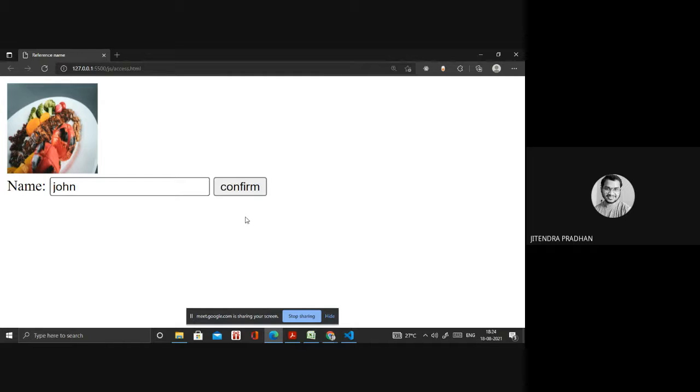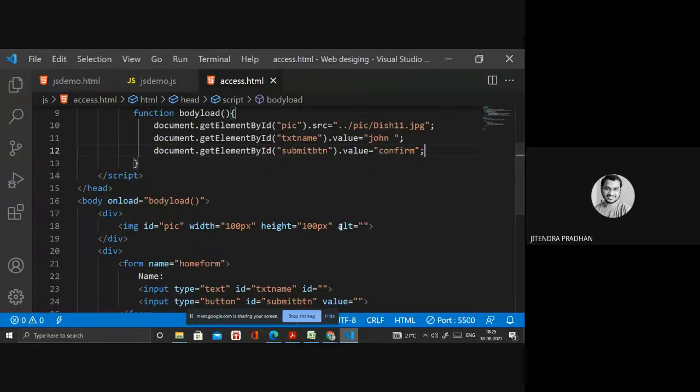Okay, so if you are asking me, basically most of the time we are using ID or reference name or class, like using class or tag name. The answer is that we are using class or ID name for accessing any of the document, like any of the tags or any of the elements. So you have to remember these things.